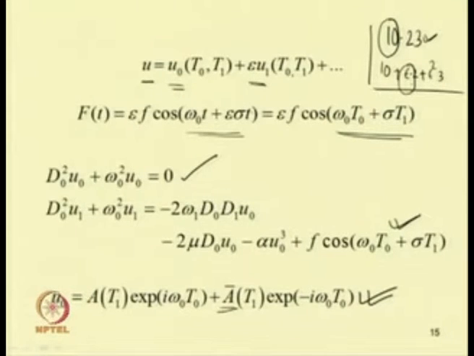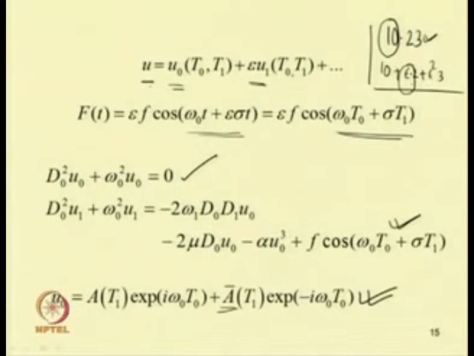Here we have written u equal to u 0 plus epsilon u 1, and we have assumed u is a function of t 0 and t 1, where t 0 equal to the time t, and t 1 is equal to epsilon t. Now substituting the second equation in this equation, which is written in terms of u 1, we can have